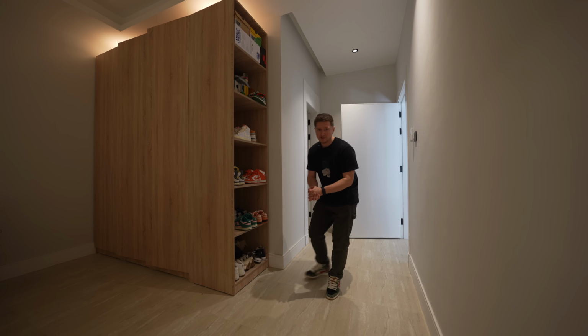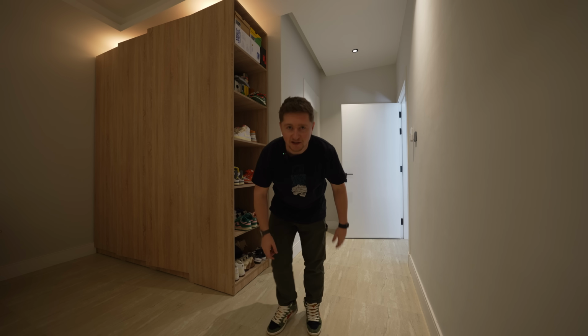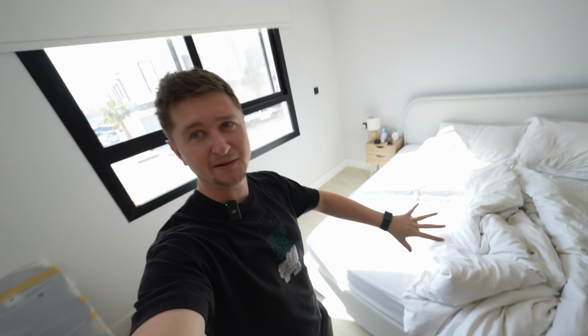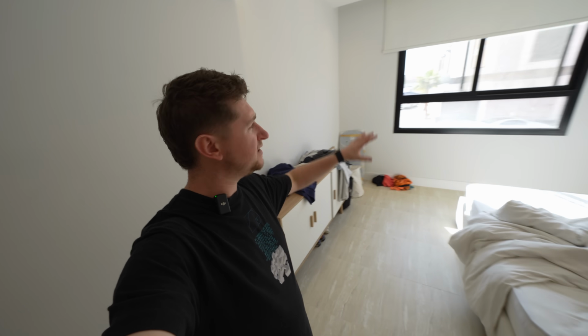And then that takes us into the master bedroom. If we come into the master bedroom, you've got this rack here, which I've put a load of my shoes in. And, well, it's a little bit dark in here. One sec. So we've got these massive curtains. Whoa, now it's too bright. Okay. Ooh. So yeah, this is our massive master bedroom, complete mess, sorry. It feels a little bit empty, but we've got loads of storage here. Like I said, shoes, my clothes are in there, and a little cabinet, nice big windows, and then our ensuite